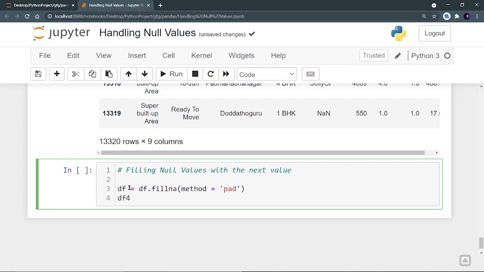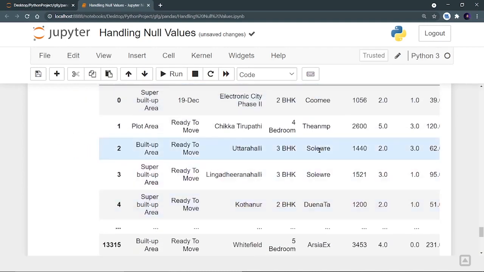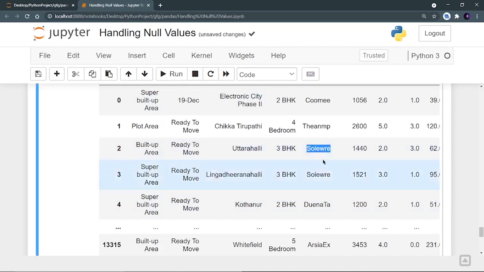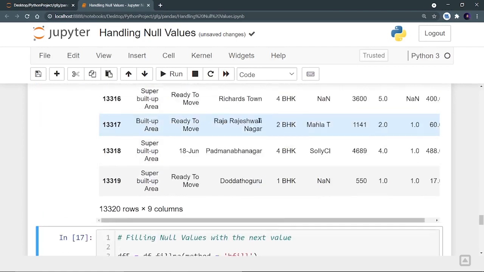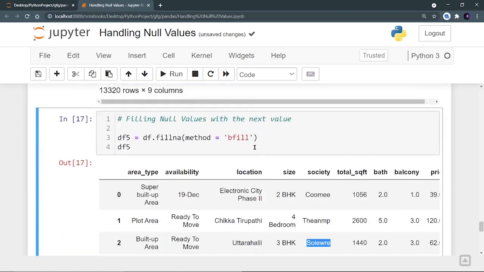So let's create df5. Method is going to be bfill, that is backward fill, right? So let's run it, and I can see that instead of the null value, I'm getting the next value row wise. Perfect.